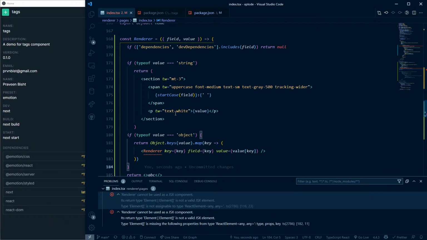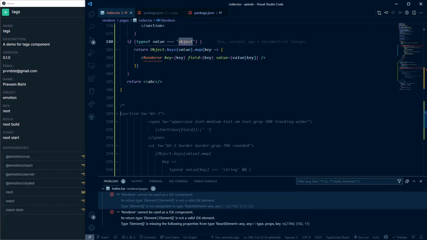So this is something we don't want: anytime we come across an object, we want to render a table. So we do want something like this. But the thing is, if it is a nested object,